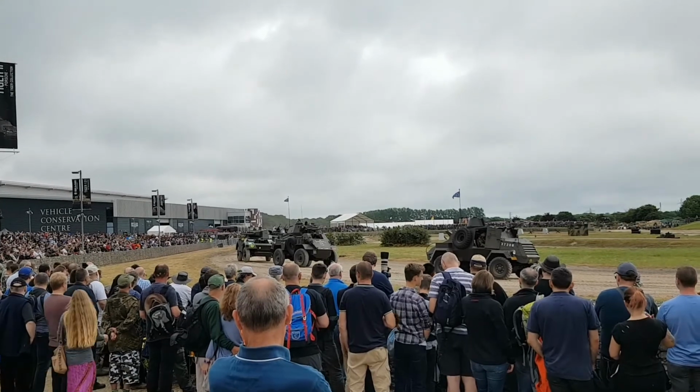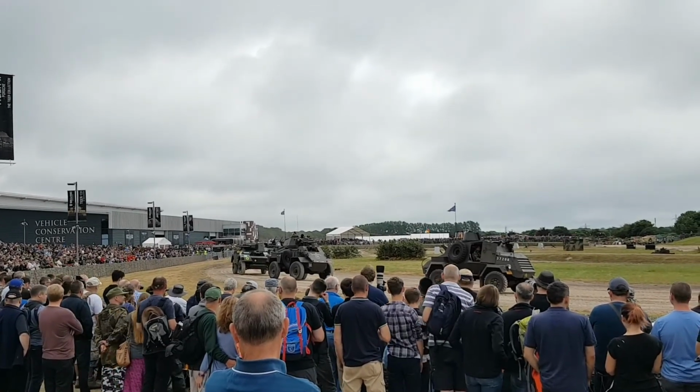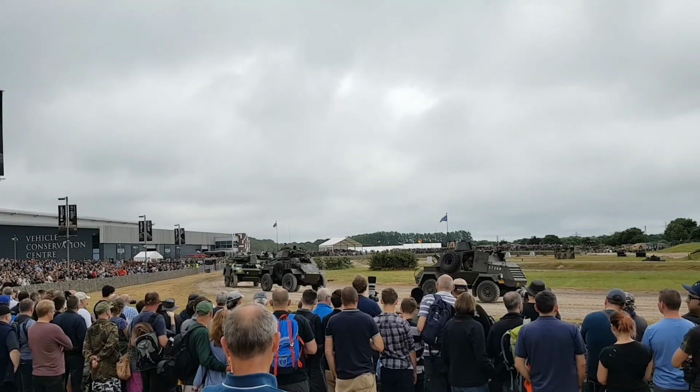And it means that we've got that wonderful presentation of British and Commonwealth armour. This armour, of course, was